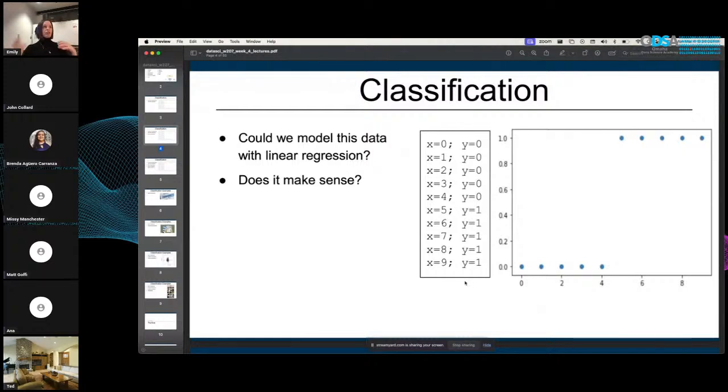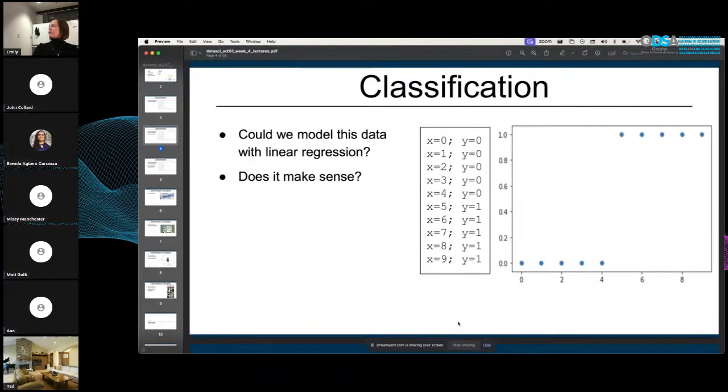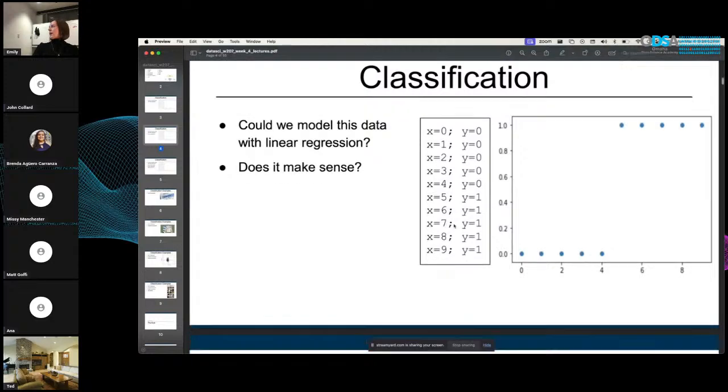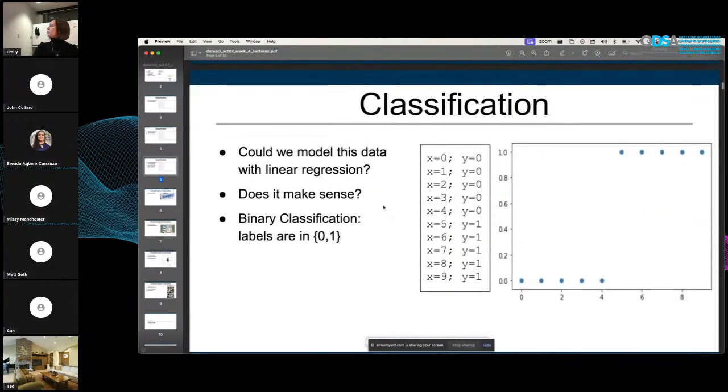Because linear regression could put out a bunch of outputs. It could put out a predicted probability of 2, or it could put out a prediction of 7 or -5. And so should we maybe strive to choose an algorithm that's a little closer to this domain, that maybe bounds between 0 and 1? So we have binary classification, and binary classification is when you only have 2 labels, 0 or 1. It is something or it isn't something, or it's this thing or the other thing. It can't be anything else. So it's fraud or it's not fraud, for example.